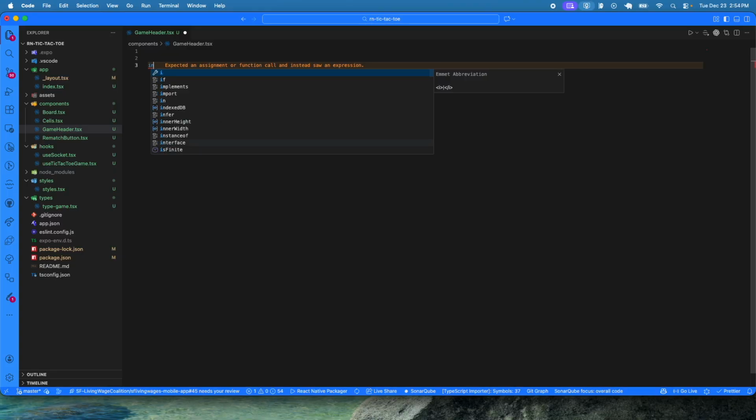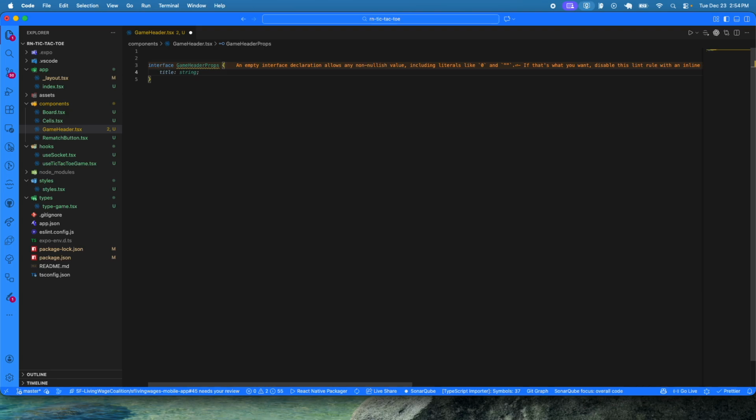So first we're going to start by defining our interface. We're going to call it GameHeaderProps, and here we are going to need the status, which will be a string, and we are going to define the room ID, which will be a string or null, right? And also we are going to need the current turn